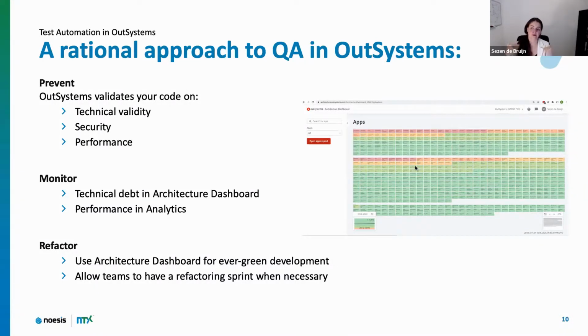And that brings us to the third point, refactoring. It's very nice to have the tools to see where things are going wrong. It does not help you at all, however, unless you actually go and do something based on that information. So the way that teams use these types of tools is, for instance, to try an evergreen approach in development, so trying to avoid creating technical debt or performance issues, or having refactoring sprints every once in a while. So try to give your teams the ability to do a good qualitative approach to their applications.